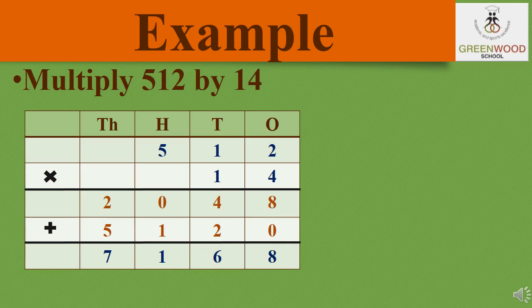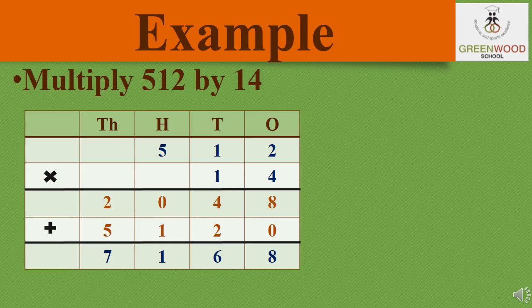Now step 2 is the number 512 gets multiplied by 1, that is in tens place. So for that answer we'll write below, 2048. So in the ones place we'll put 0. Now we'll start multiplying. 1 2s are 2, 2 will come in tens place. 1 1s are 1, 1 will come in hundreds place. And 1 5s are 5, it will come in thousand place.